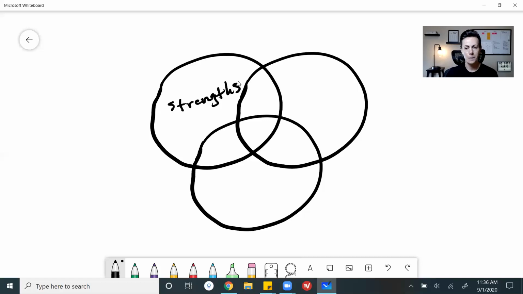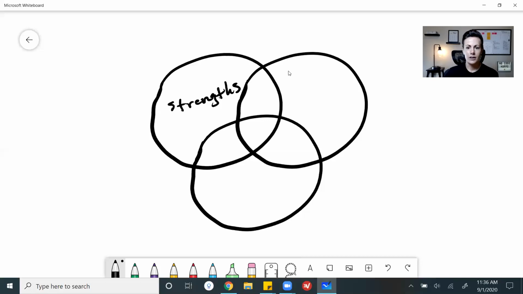And this applies, again, in an all-encompassing way when you're just looking at your app idea as a whole. But it also applies when we get more granular, when you're actually building out your app and you are planning which feature sets to add and extending your roadmap as you go. This always applies. Your strengths, what you are bringing to the table, and why it is that you are the one who is building this app or these features or whatever it may be. So that's one thing you want to think about.